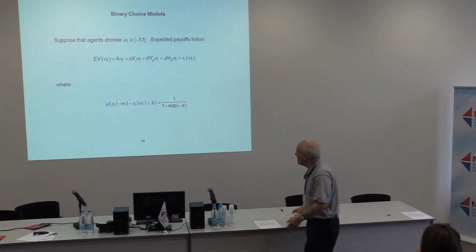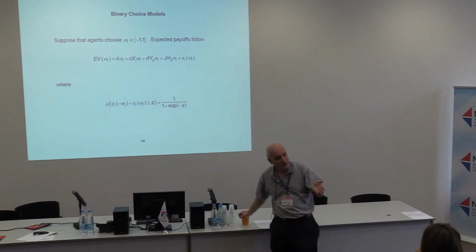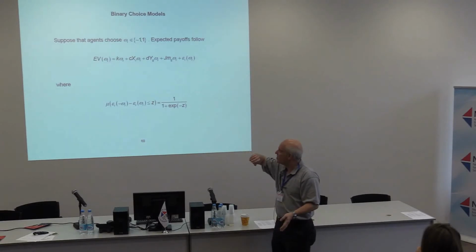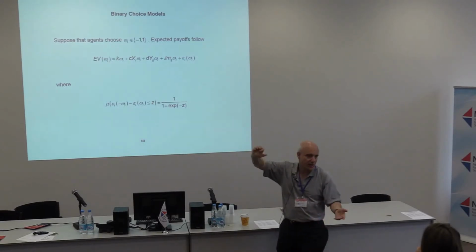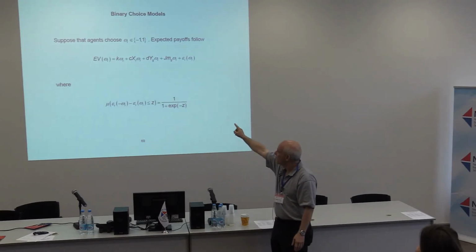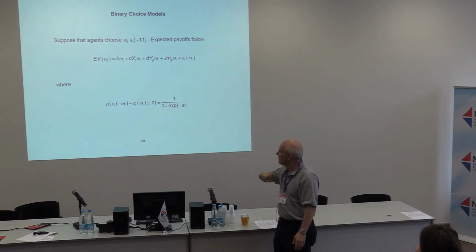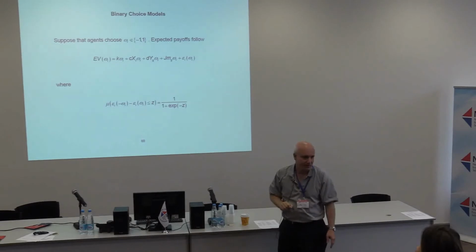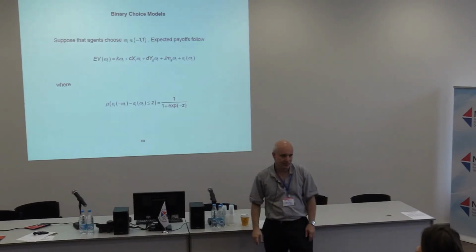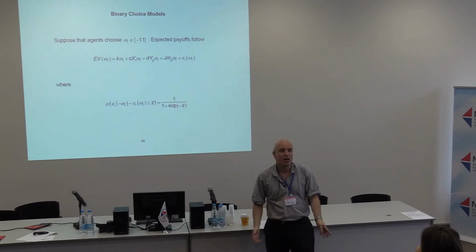So the idea is that people make, now it's not a linear model anymore, it's a discrete choice model. There's a payoff to each of the choices. I'm going to code the choices -1 and 1. Okay, my payoff depends on my choice: a constant term multiplied by my choice, c times x_i multiplied by my choice, d times y multiplied by my choice, J times m multiplied by my choice, plus an error. And the difference in the errors is assumed to be extreme value distributed. Okay. This is the canonical logit model of this binary choice.